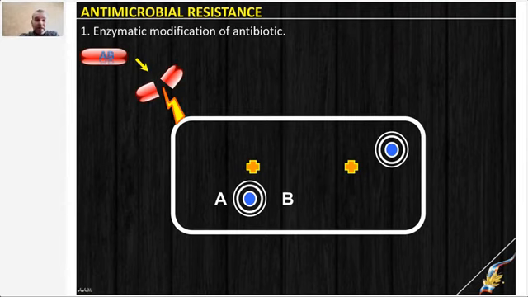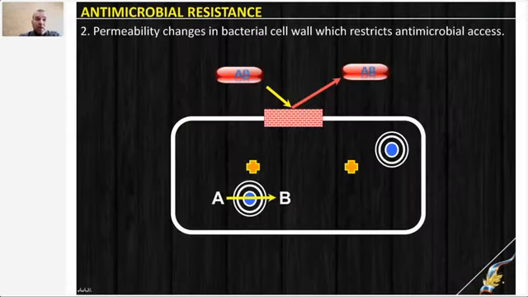And nowadays we have a huge number of different enzymes, mainly different types of beta-lactamases, which can inactivate beta-lactam antibiotics such as penicillin, and others as I described. Those enzymes do not allow our antibiotics to get closer to the bacteria and have an effect. And of course, in that case, the efficacy of the drug will be lost.